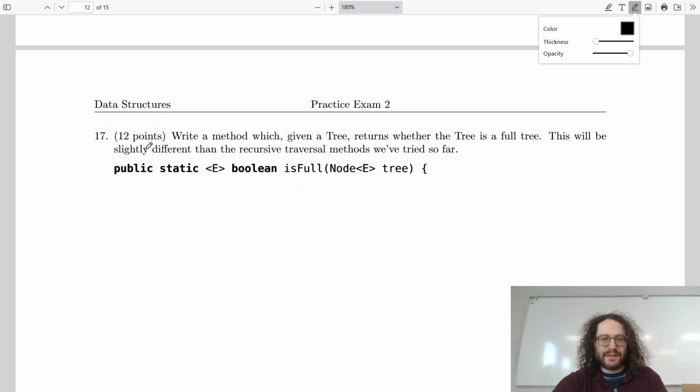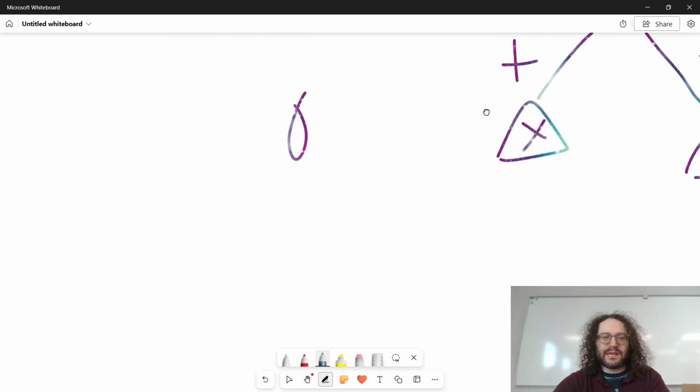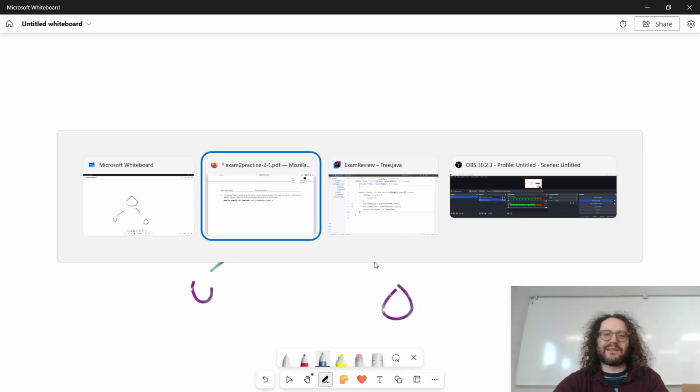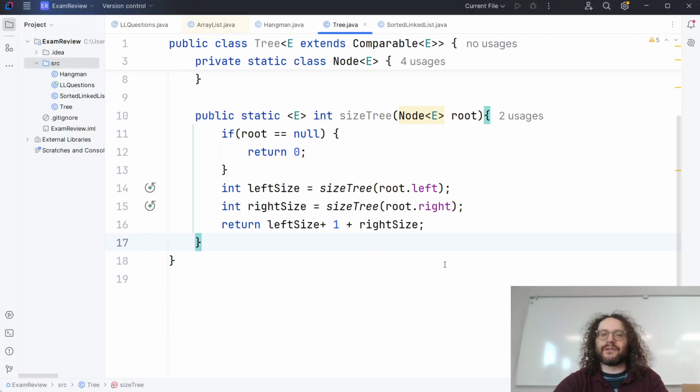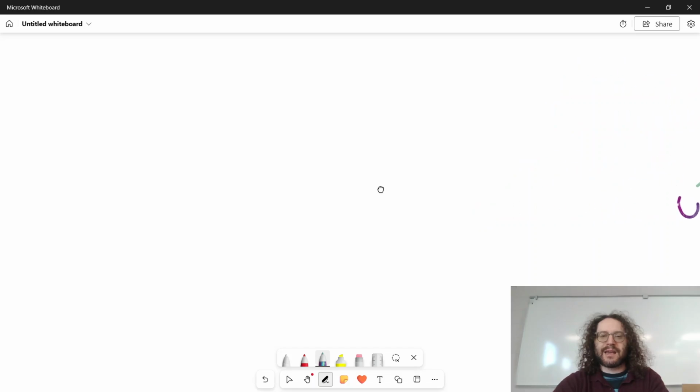Okay? So, we're checking to see if the tree is full. And a tree is full if you have no children or you have 2 children. Now this is a bit different because it's kind of asking for a global quality of a tree based off of one node. But we can figure that out though, which is simply saying, well, I've got this tree, and